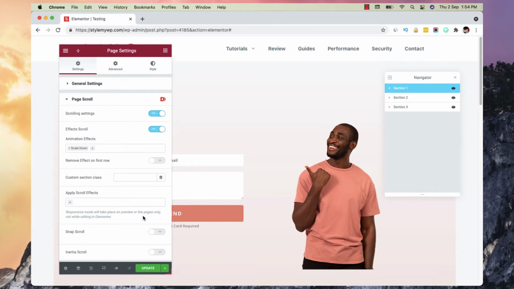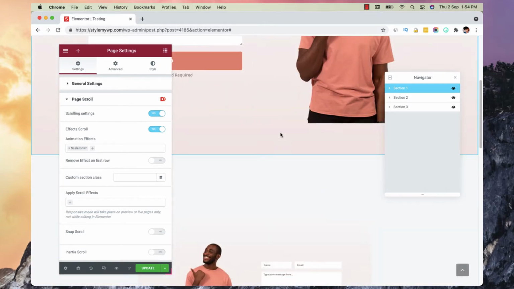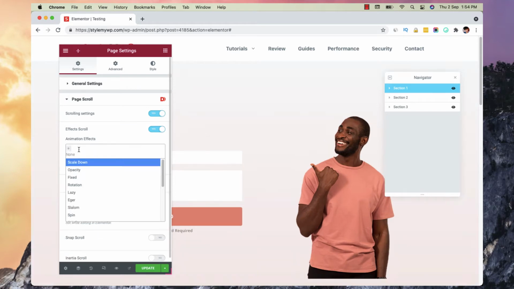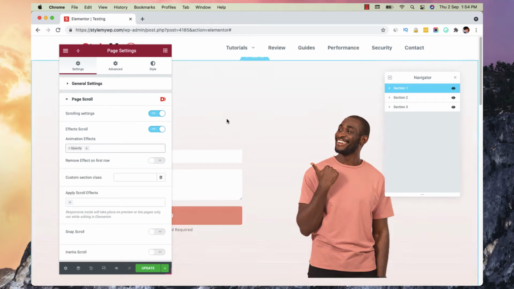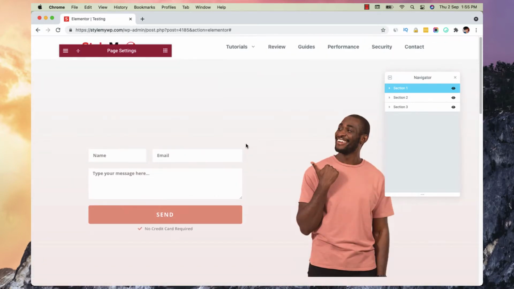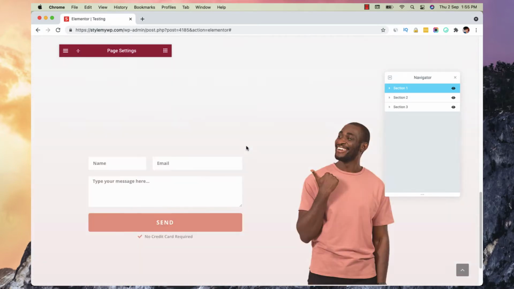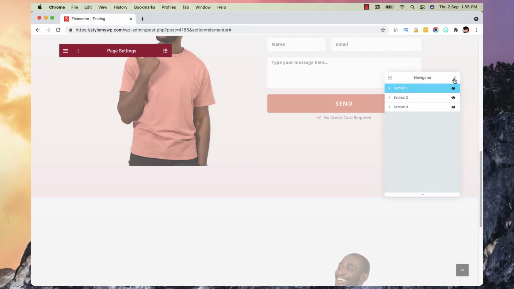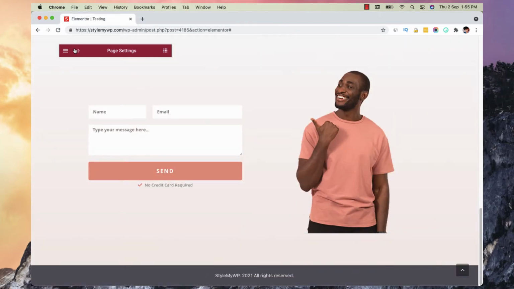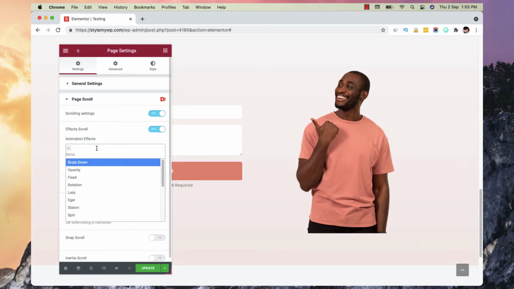Let's see first of all this one. So this is how it works, and let's choose another one, and you can see now this time it has only opacity and no zoom in effect, right? You can close it out, right? And you can also use any other effect.